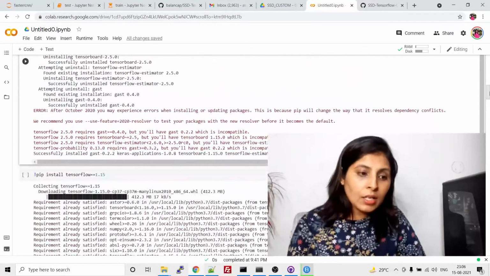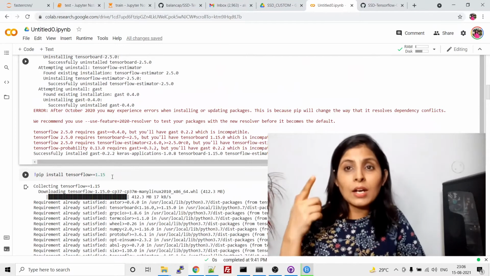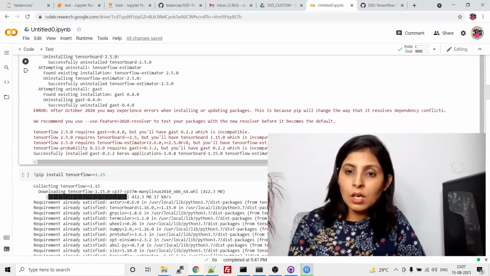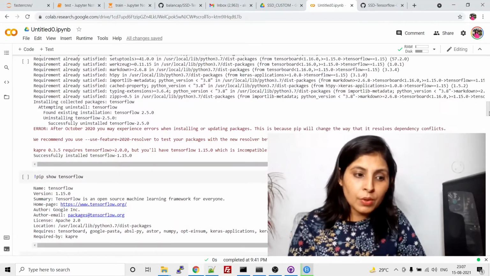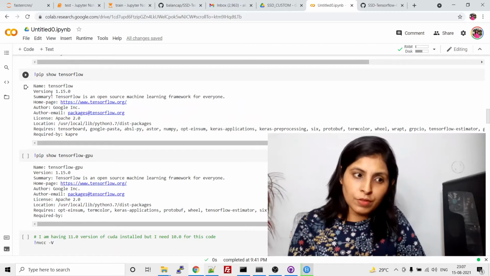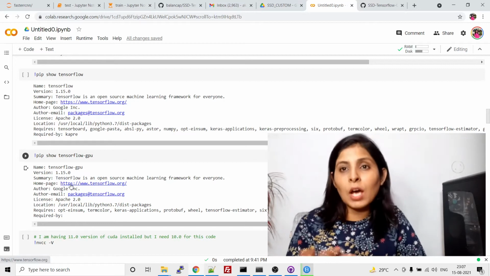After that, I'm installing TensorFlow 1.15 also. The earlier one is TensorFlow GPU and this one is TensorFlow. Once you install both, let's check the version. Over here I'm checking the version, and you can see the version I'm using is 1.15. Now TensorFlow version is 1.15 and TensorFlow GPU version is also 1.15 because we have downgraded the versions.